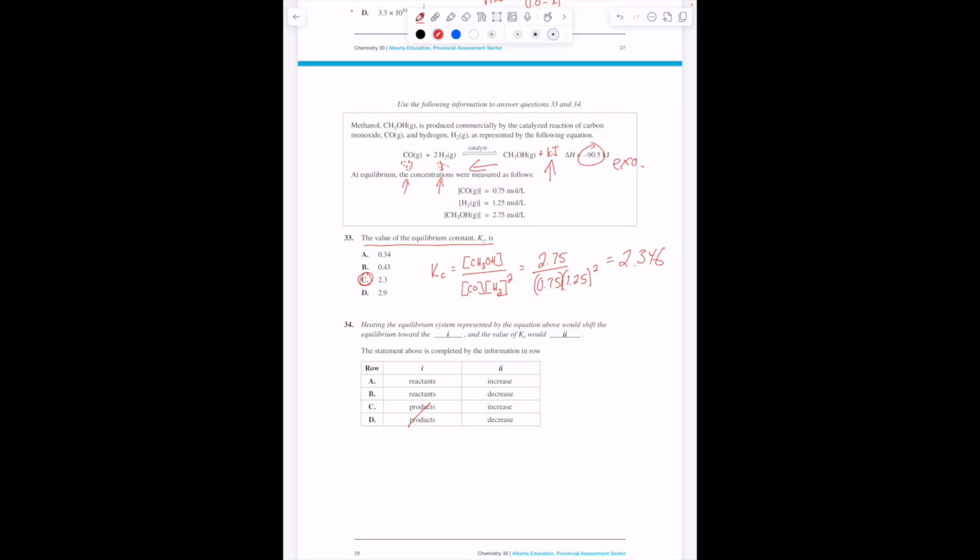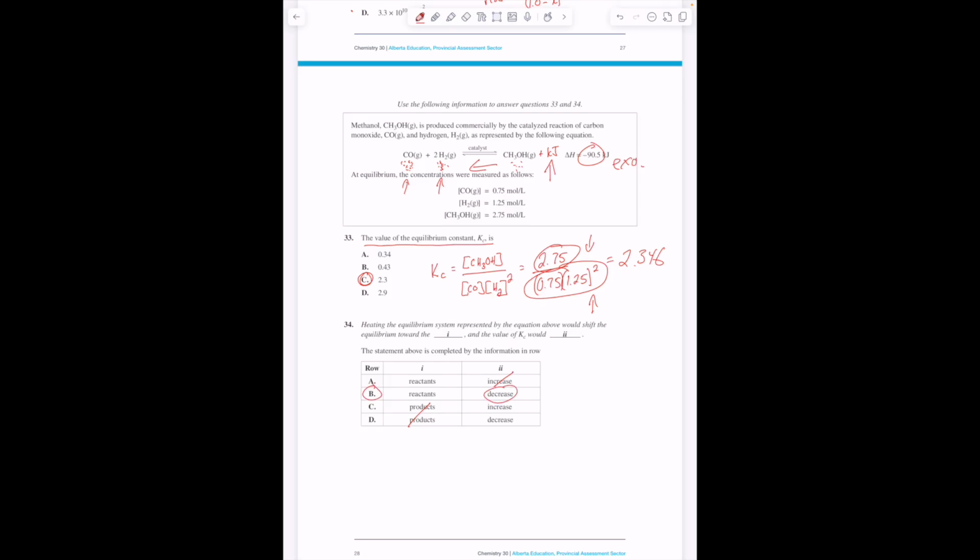As they go down, there's less of those, which means my numerator is going down, and my denominator is going up. So that is going to end up decreasing